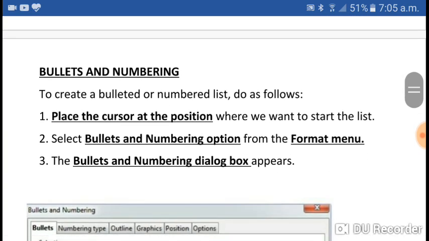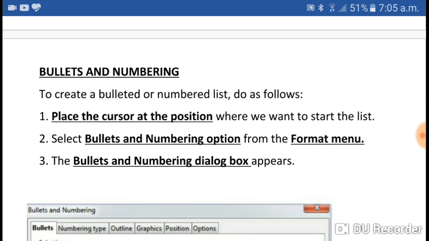Now next is bullets and numbering. You all know about bullets and numbering. As I have also given in my notes, sometimes bullets and at some places numbering, like here I have given numbering 1 2 3. To give numbering or bullets to create a list in our document, we can utilize this feature, bullets and numbering. How to create bullets and numbering?